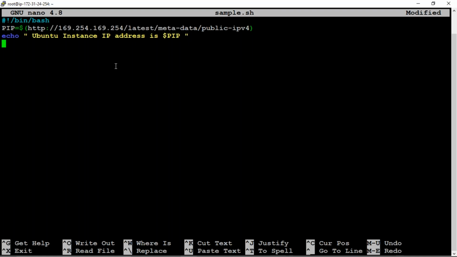Got it? We can't use the double quotes, just remove the double quotes. Will it work?